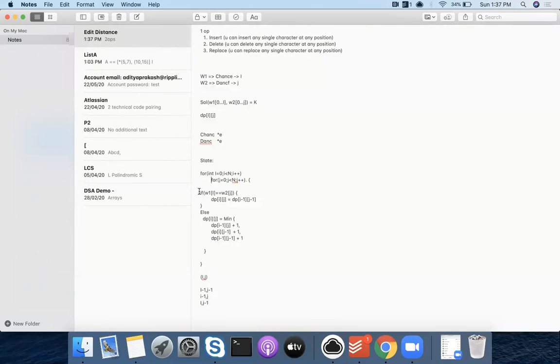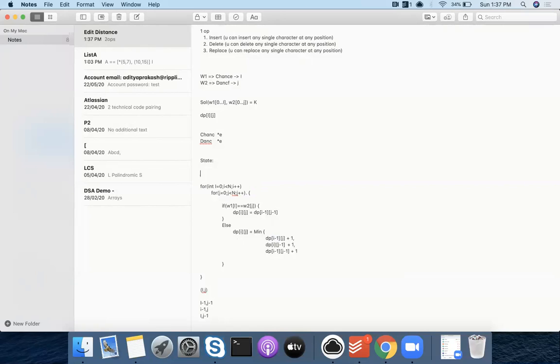Obviously, you need one more small thing: the base condition. Like in recursion, here also you have a base condition. This is the first value that you want, it has to be there, right? Like dp[0][0], we have to know in order to solve other problems. Obviously there are a few more conditions you need to take care of, like i-1 and j-1 can't be negative, so you'll have all those checks.